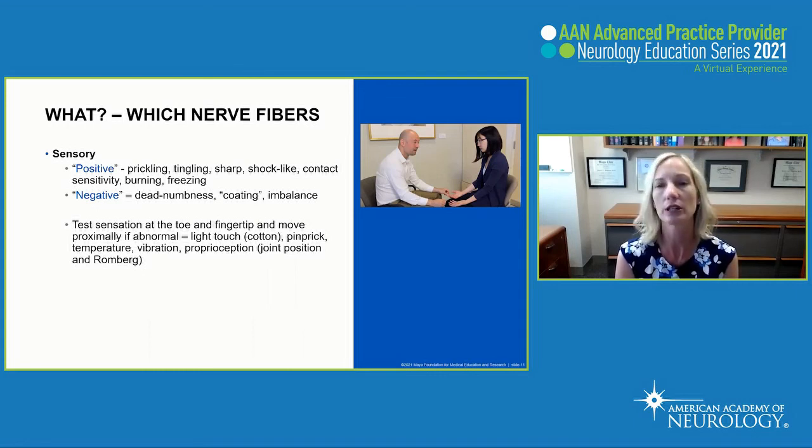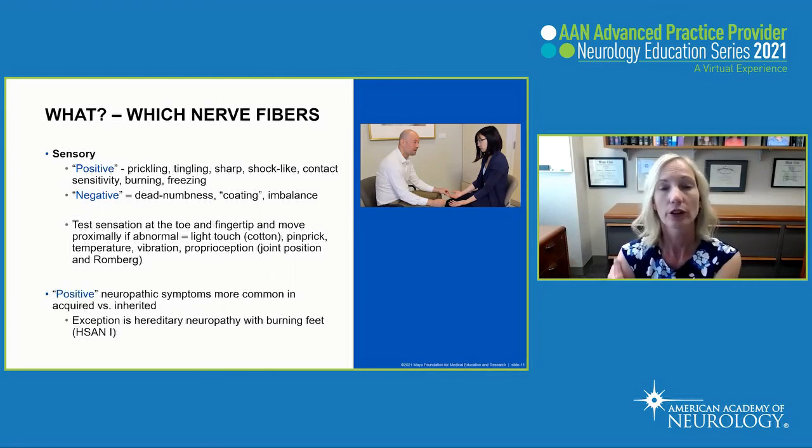So typically what we do is test sensation at the toe and the fingertip for the different modalities: light touch, pin, temperature, vibration, and proprioception. Just determine whether or not they're normal or abnormal, and then try to find the proximal extent of the abnormality. So how far up the abnormalities extend on the limb. And just a pearl is if there are